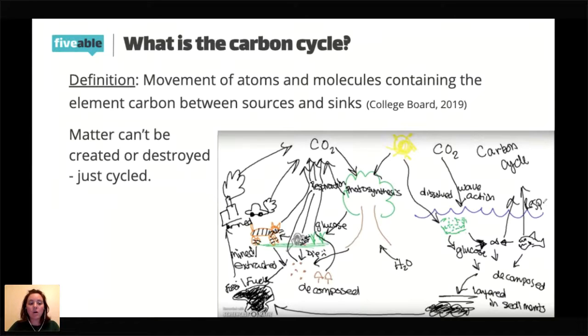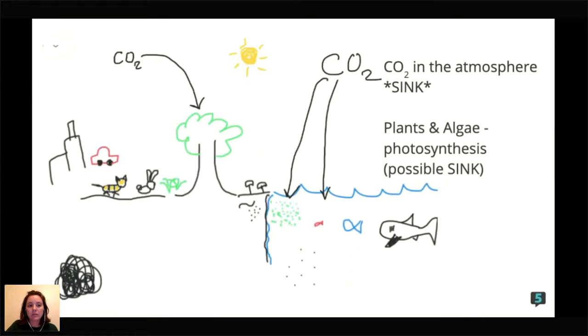So all essential elements and all essential compounds are made of matter, and the law of conservation of matter says that matter can't be created or destroyed. It can just change forms or change into energy. So it's cycled. That's where these cycles come from.